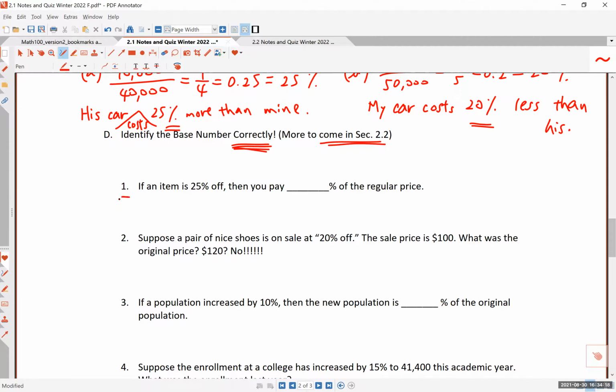All right, first, if an item is 25% off, let's say you have a sale, and something is being sold at 20% discount. Then what you have to think about is that you are actually paying for 75% of the regular price, or you're paying 75% of that regular price. The way you look at this